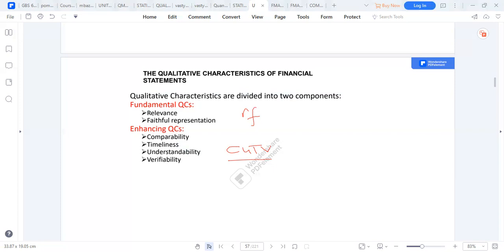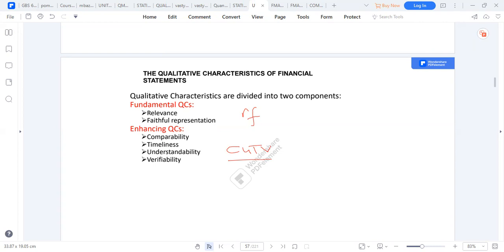Timeliness means it must be provided in good time. Sometimes a newspaper becomes useless if it provides last week's information the next day. So it must be timely. It must have relevance over time, and there is also a balancing act. Timeliness here ensures that information remains relevant and does not lose its value. And there should be a balance between providing information promptly and ensuring that it is accurate.